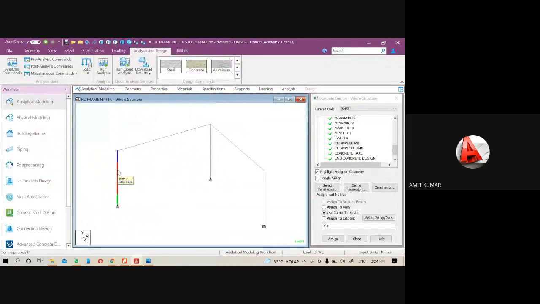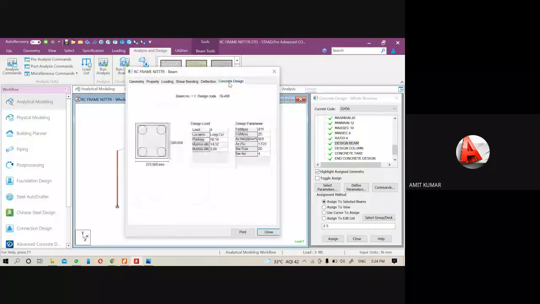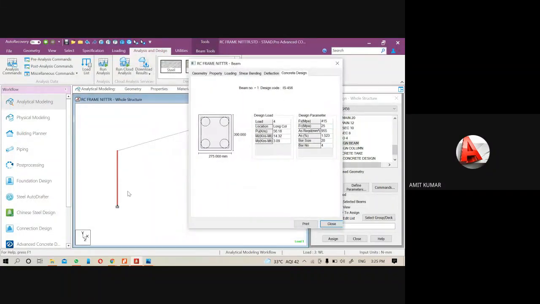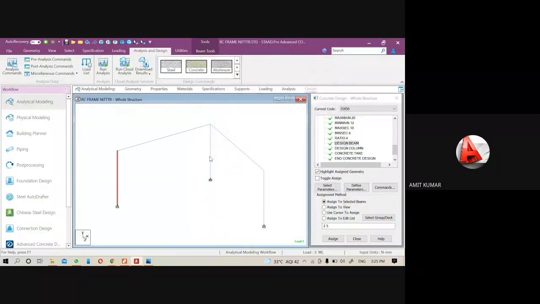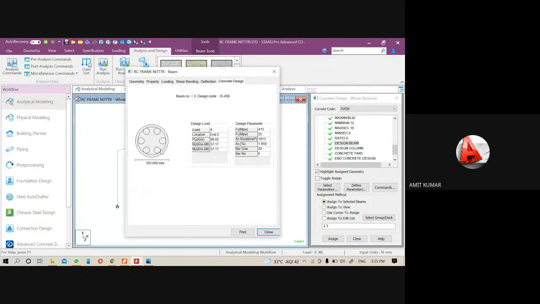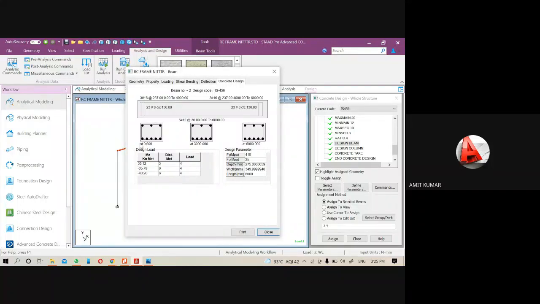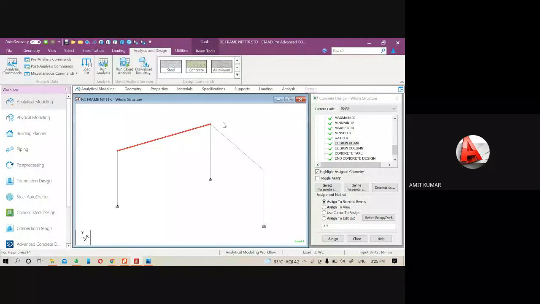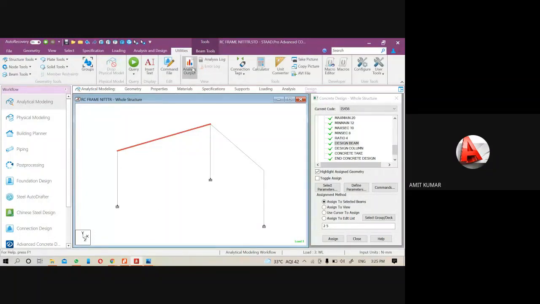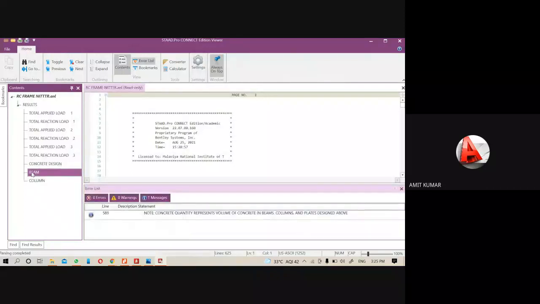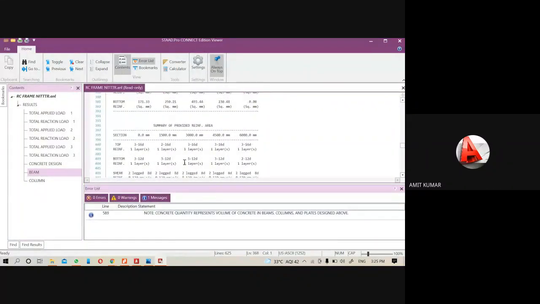Then directly you can see it, just double click on the beam, and you will get the concrete design. For this column we have 4 bars with bar size of 20 dia. For this circular one, go to the concrete design, you can see it is circular in shape and there are 6 bars. At the top it is 3, at the bottom it is 5. You can see it in the output also. Go to the utilities, click on the analysis output file and go to the beam design. It was written here: at the bottom maximum bars was 5 bars of 12 dia.